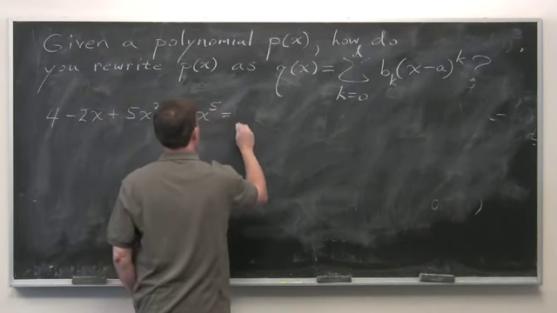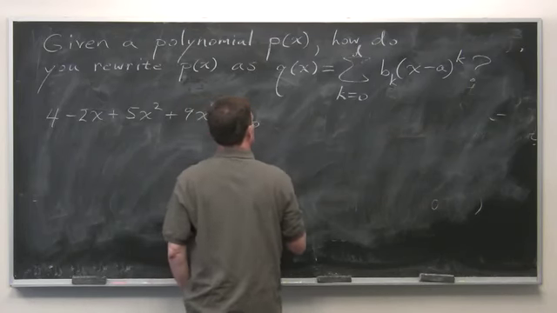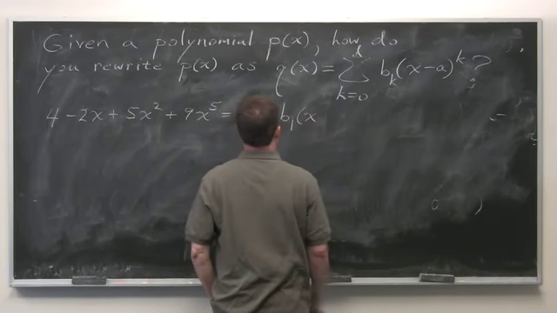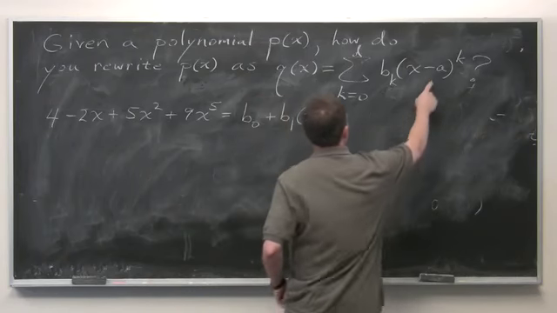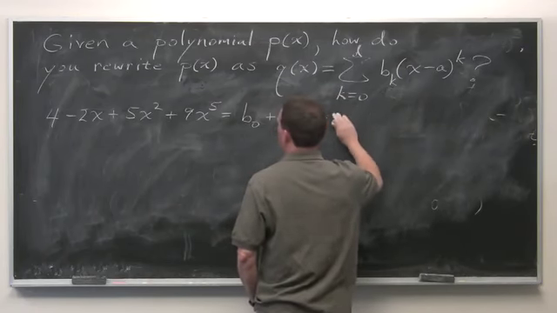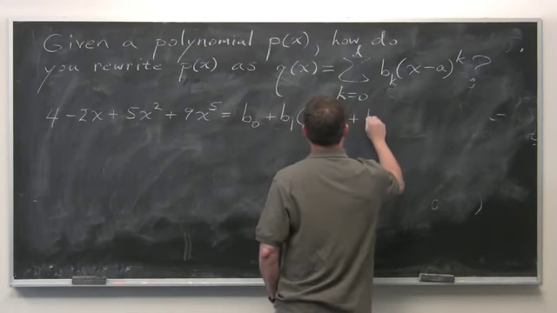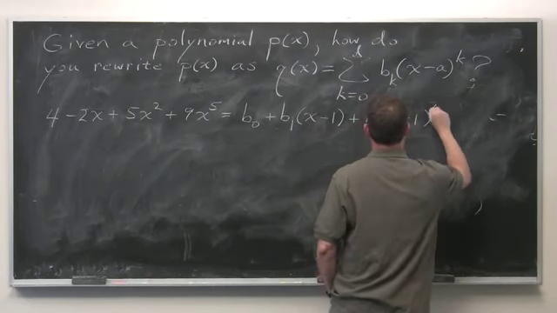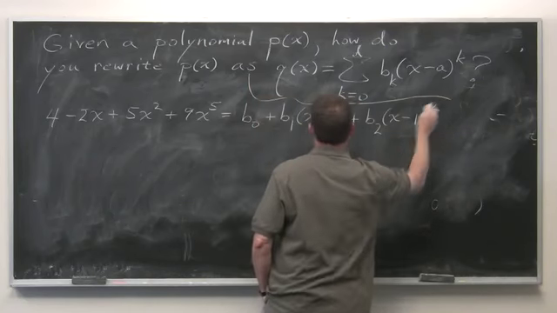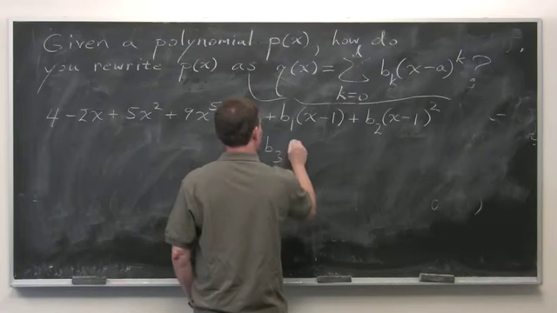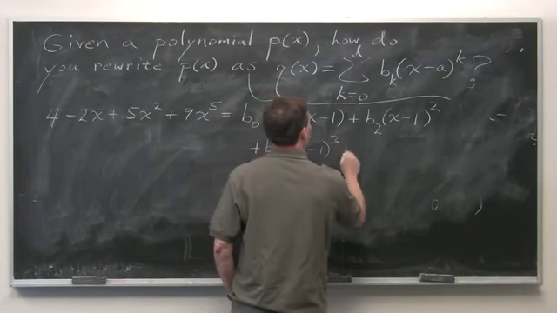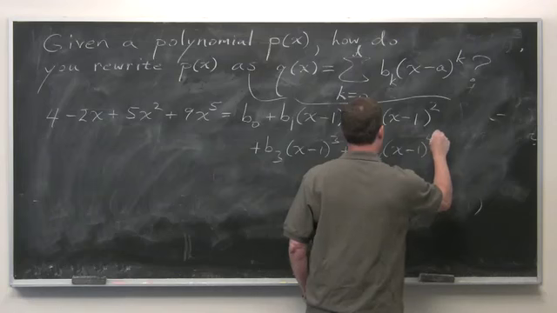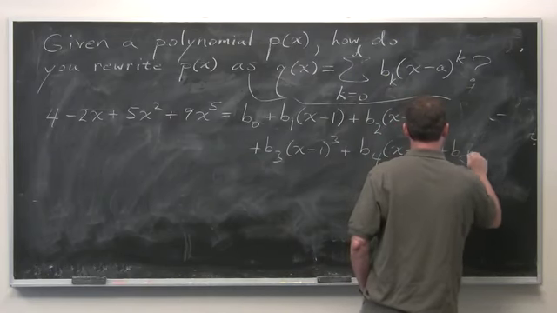And what we want to know is, what do the b's have to be so that this equals b naught, plus b sub 1 times x minus, well, for our question, the a was 1. But let me just put a as 1. Plus b2 times x minus 1 squared plus b sub 3 times x minus 1 cubed plus b sub 4 times x minus 1 to the 4th